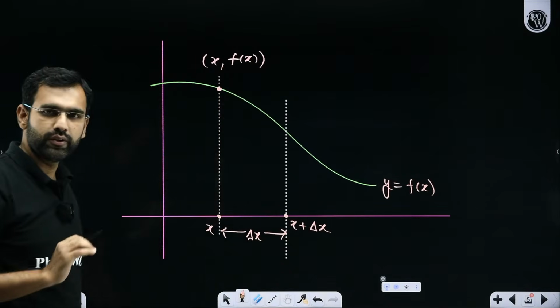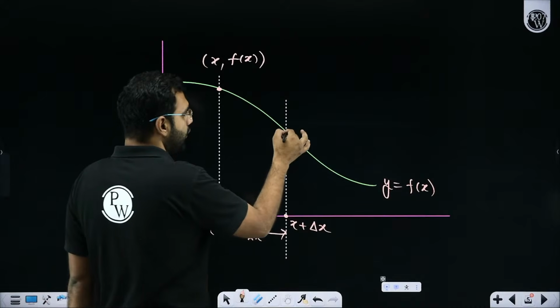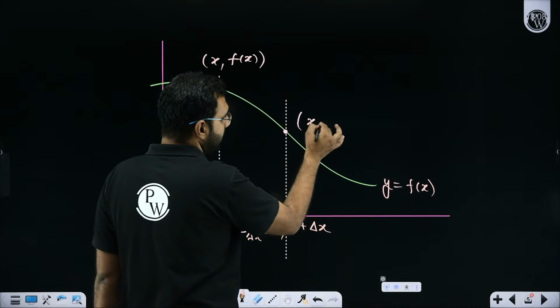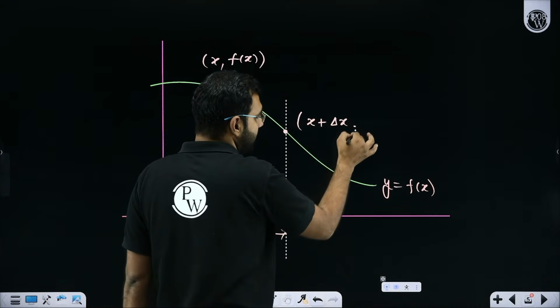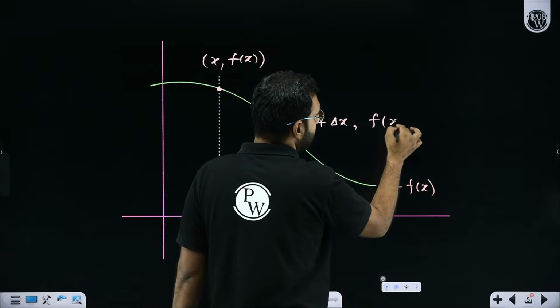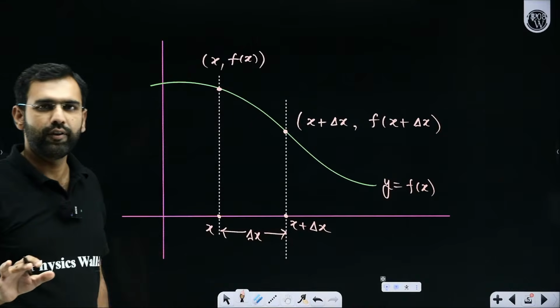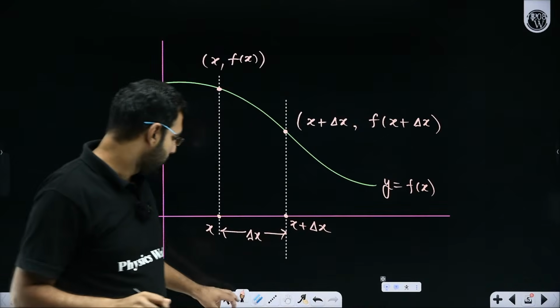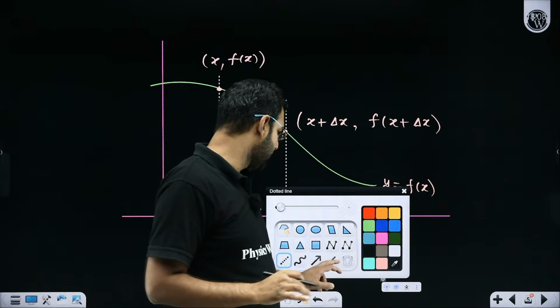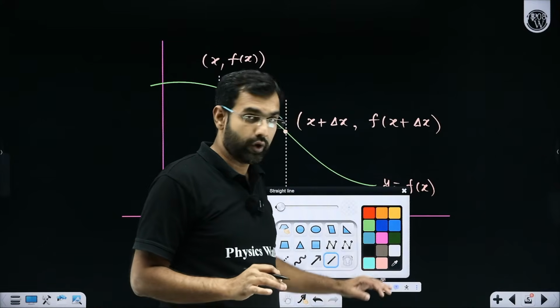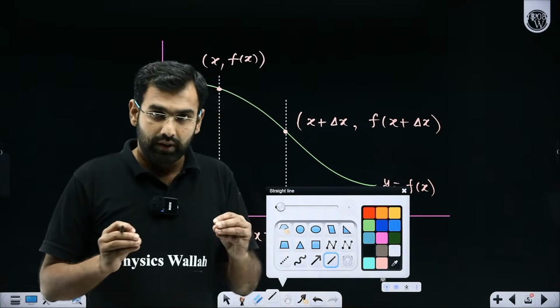Everybody agrees with me on this? Similarly, this point's coordinates will be given by x plus del x as the x coordinate and f of x plus del x as the y coordinate. Correct me if I'm wrong. Everybody comfortably processing it? Now, Newton and Leibniz came up with this conclusion when you talk about the curve,